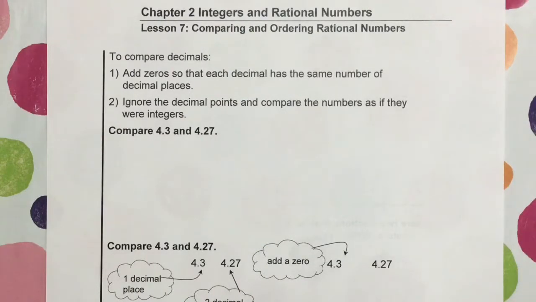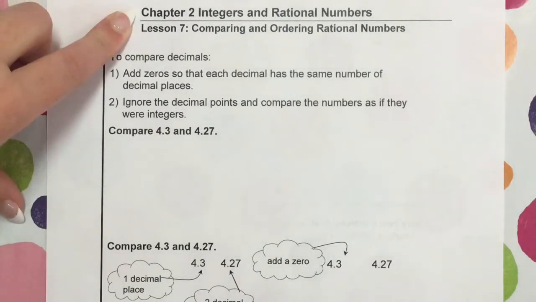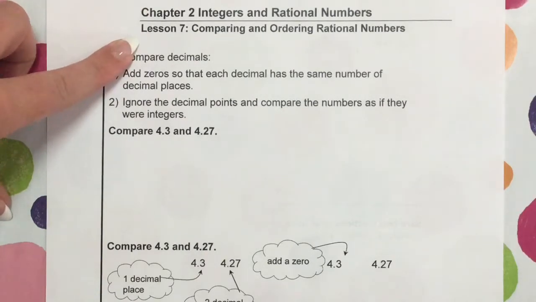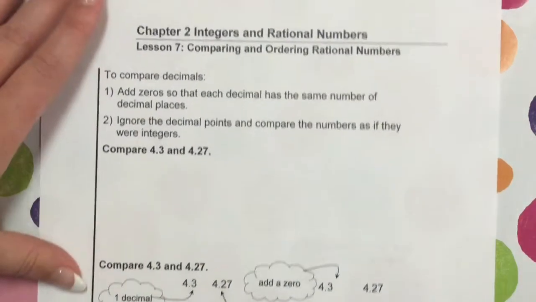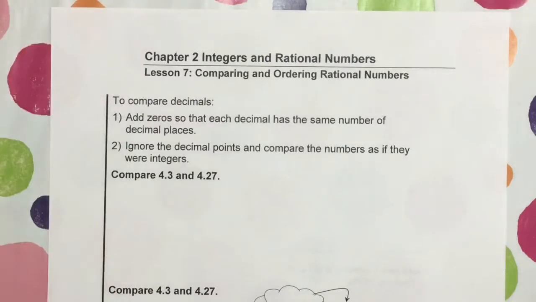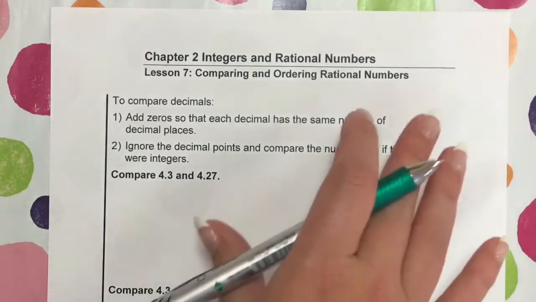Hello, everyone. We are back talking about Chapter 2, Integers and Rational Numbers, Lesson 7, Comparing and Ordering Rational Numbers. Now, there's this word, rational numbers, and it's important to know what that word means. To understand what that word means, we really need to understand what all the numbers and the names for the numbers are. So I don't have a lot of space, but I'm going to do it right here